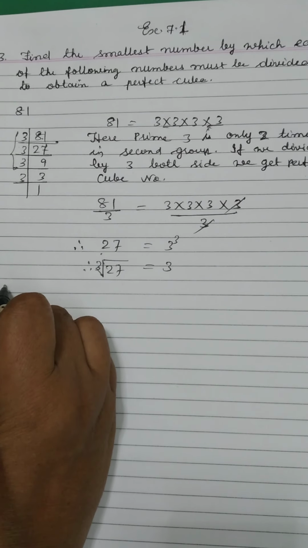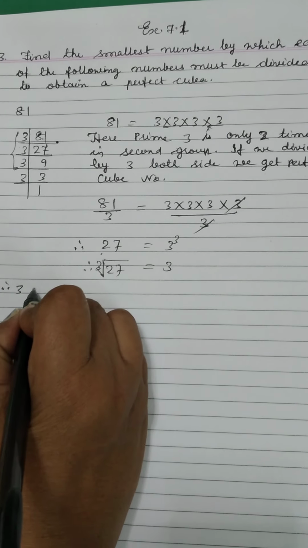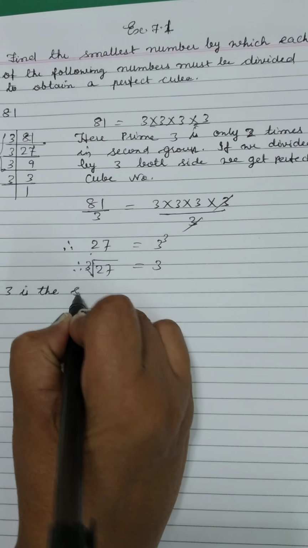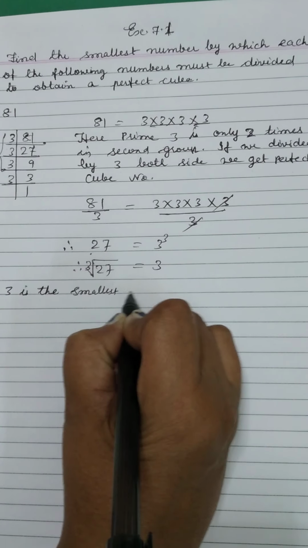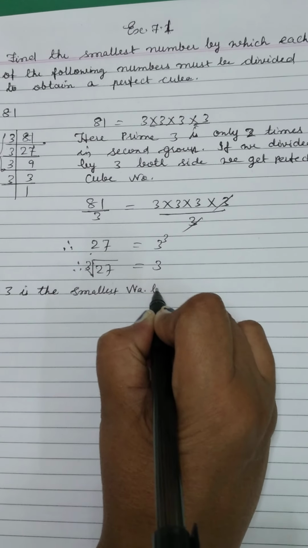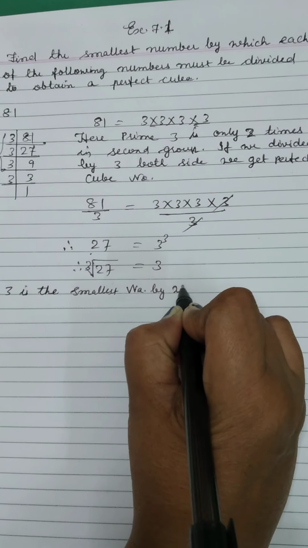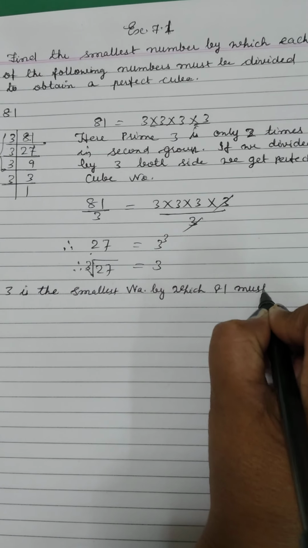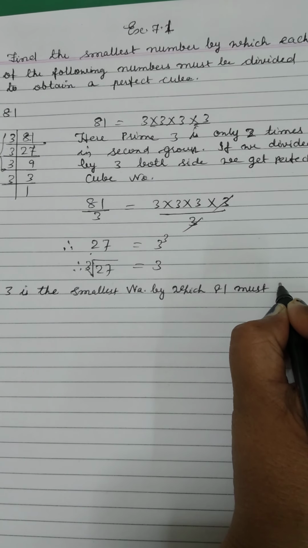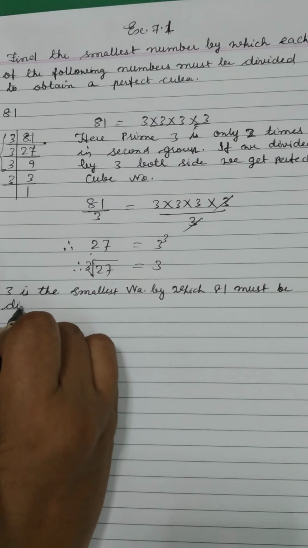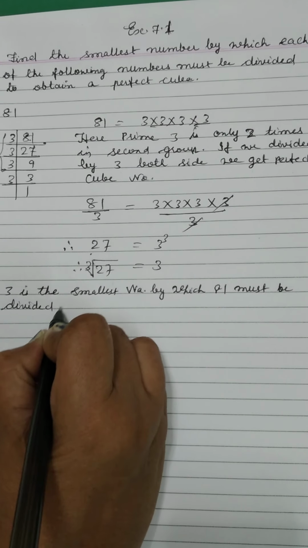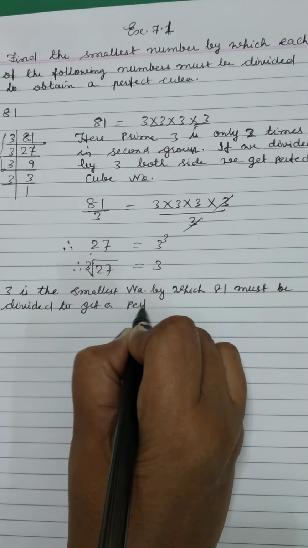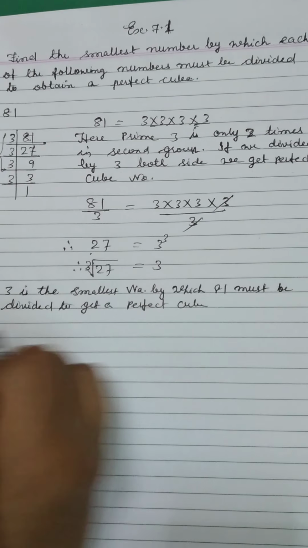So therefore 3 is the smallest number by which 81 must be divided to get a perfect cube. Now next is given